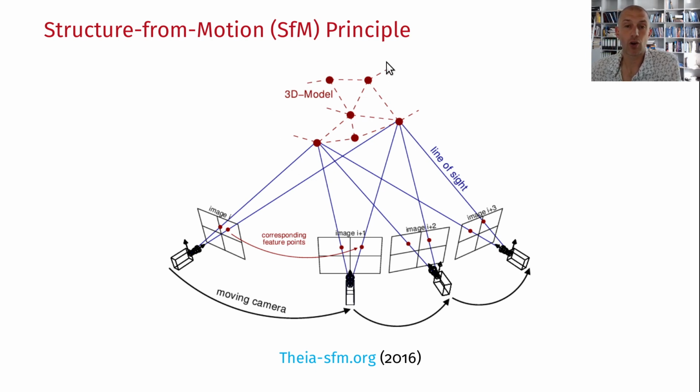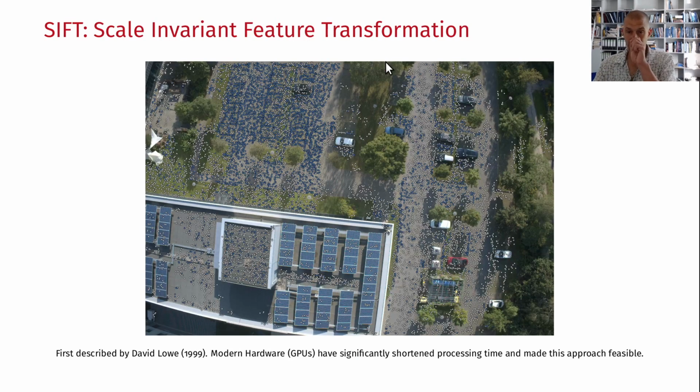principle to work, you need not 5 or 8 hand-clicked points, you need thousands of points. An example for this is SIFT, the Scale Invariant Feature Transform. That is an algorithm that was developed in the late 1990s. There was a patent from 2000 to 2020. The patent expired, and now the SIFT algorithm is publicly available, but many improvements have been made which are under new patents. The basic idea is that you are scaling your images into different grid sizes,